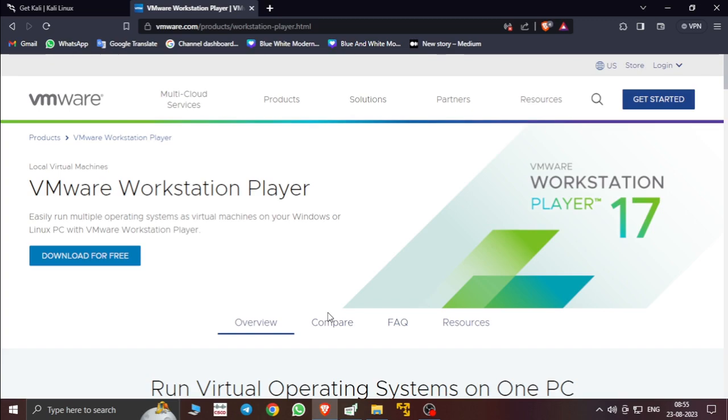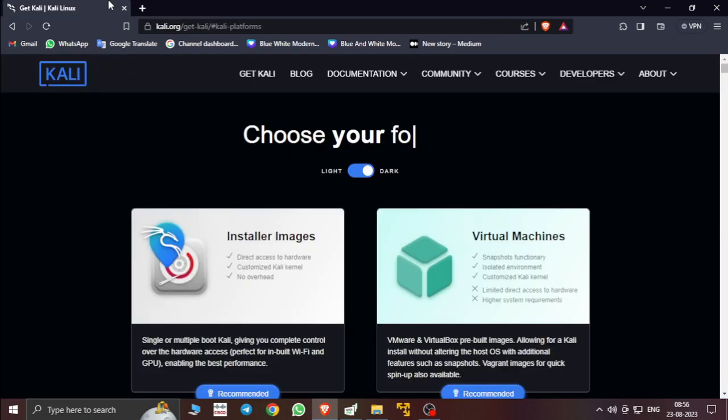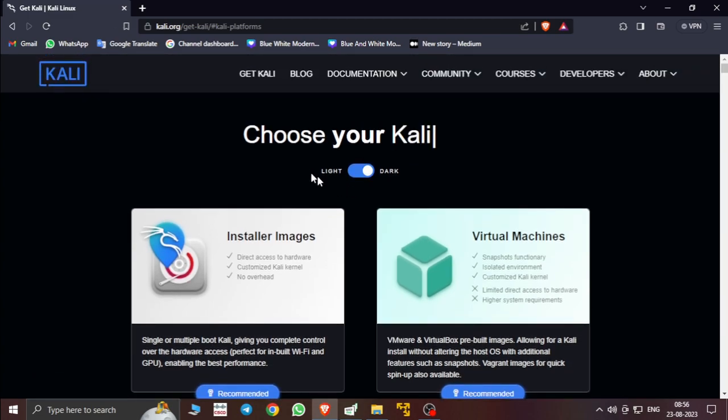Today's topic is how to install Kali Linux in VMware Workstation Player. Okay, first of all, you install the VMware Workstation Player. Here was the 17 version. Download for free. Here, click the download and download it, and then install VMware, and then search Kali Linux